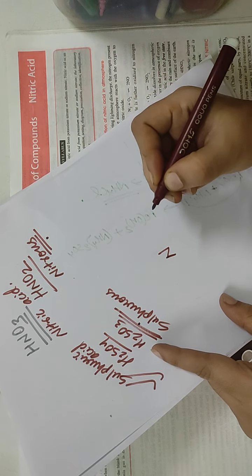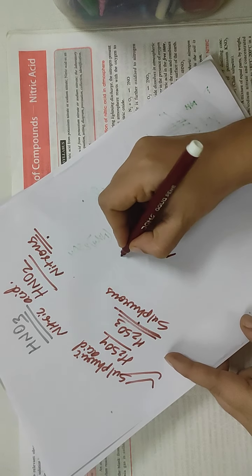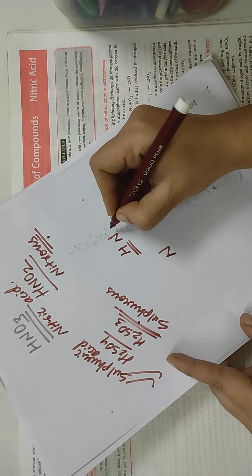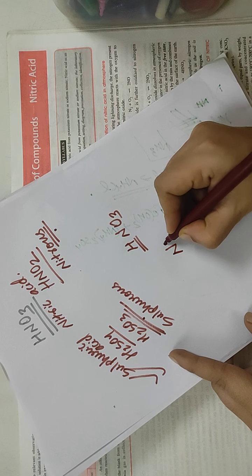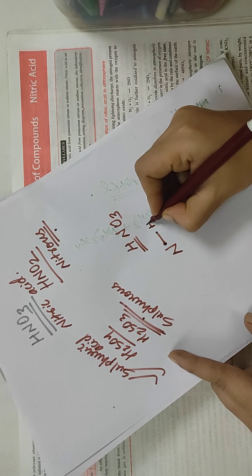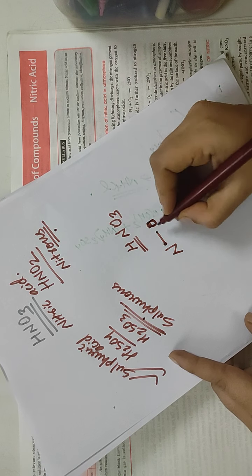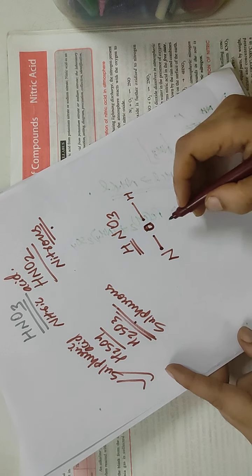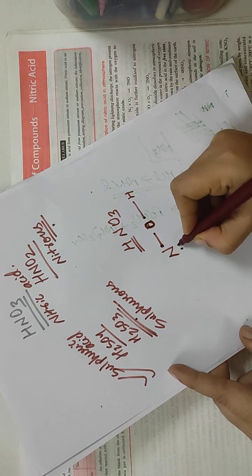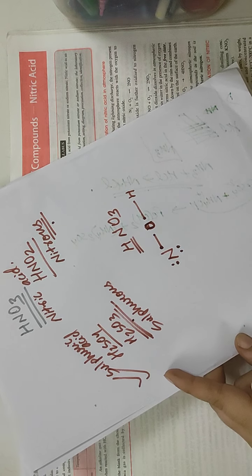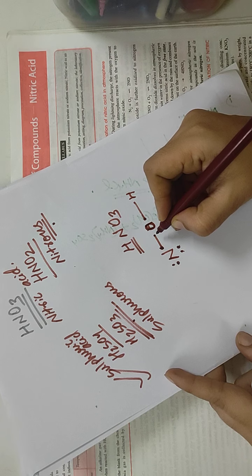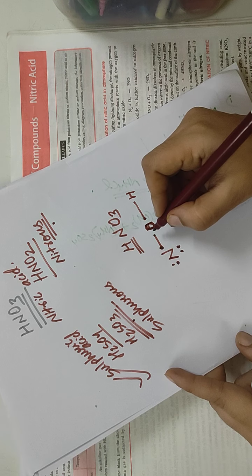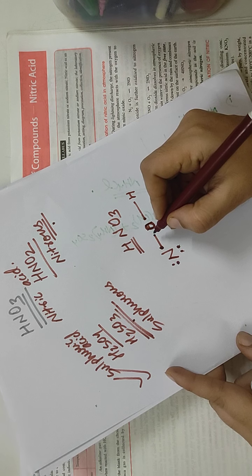So if I draw it here, nitrogen has 5 valence electrons. So what we need is one H, one N and 3 oxygen. Okay, so if I take it, this one and here, one oxygen and one hydrogen here. Remember, nitrogen has 5 valence electrons. Okay, 1, 2, 3, 4, 5. Oxygen has 6 valence electrons, so it needs 2 more electrons either through sharing or through bond or through transfer.